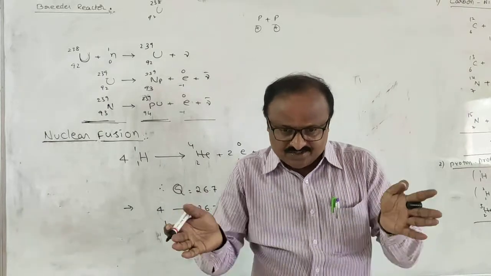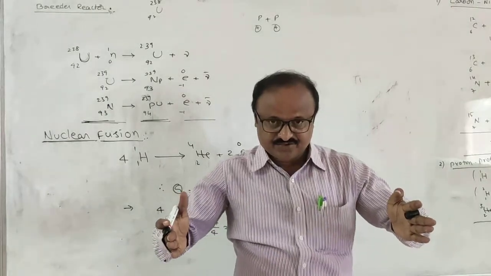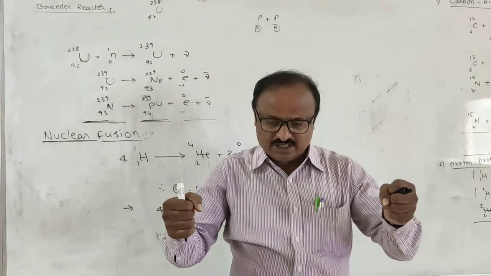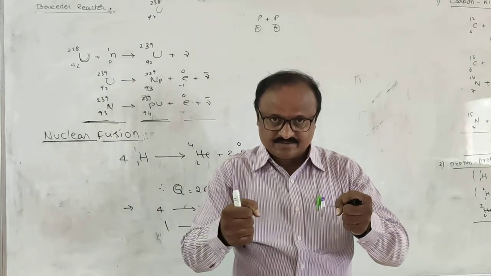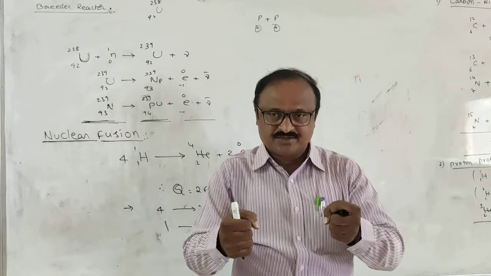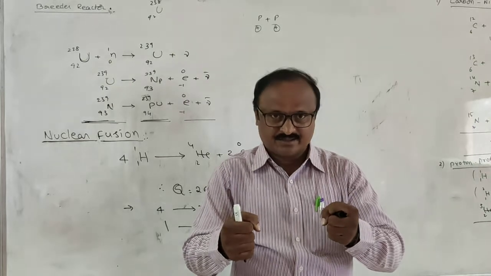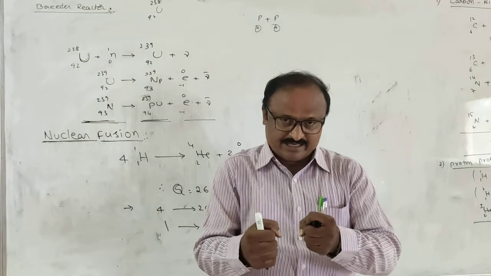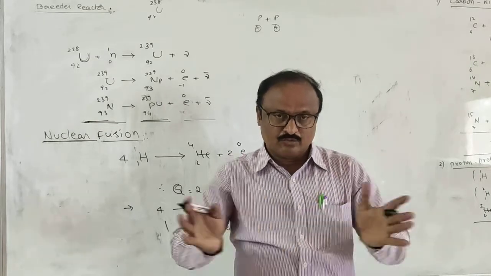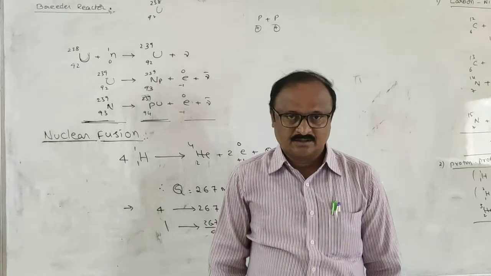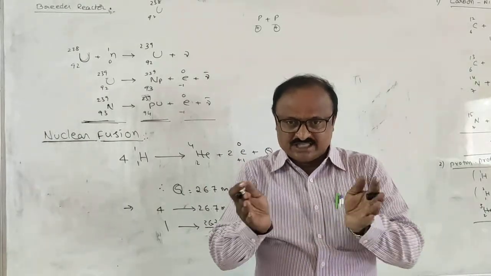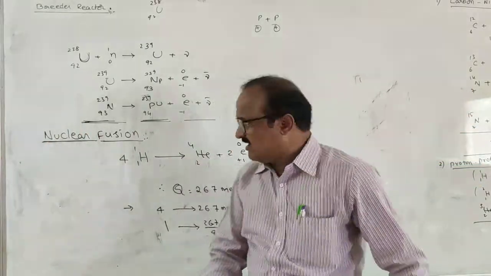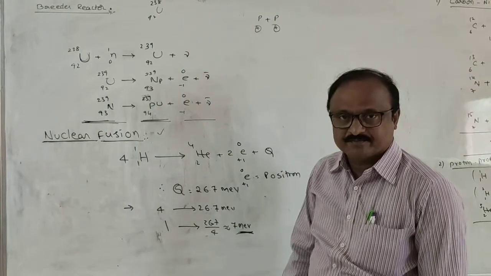If 2 protons are at a certain distance, one has a positive charge and the other also has a positive charge. These two are approaching like this. Up to a certain distance, there is an attractive force. But if the distance between the protons decreases beyond this limit, there will be a strong repulsive force, or Coulomb repulsive force. So, due to Coulomb repulsive forces, these two protons move away from one another. They are not combined. Then, how is nuclear fusion possible?